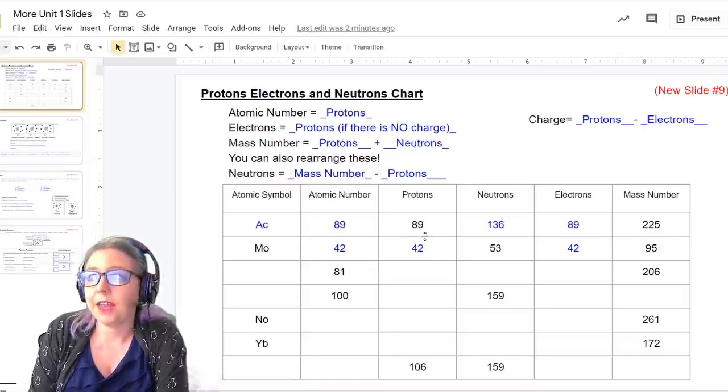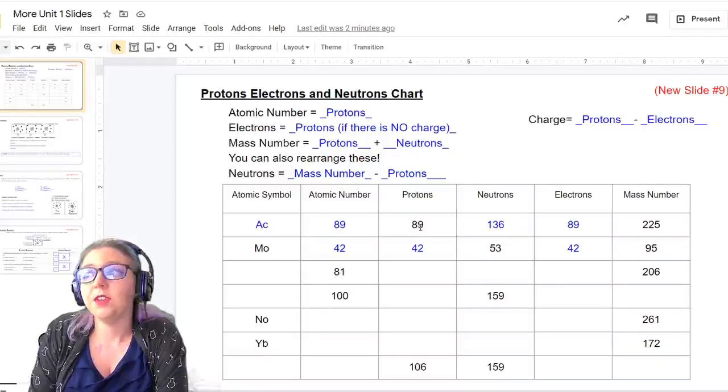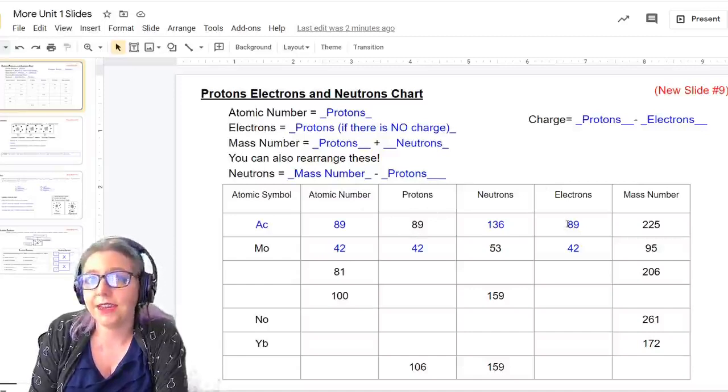Well, if I know I've got 89 protons, then I know that the atomic number is also 89. If I have 89 protons and there's no charge column, then I know that my electrons are also 89. To find my neutrons, I take my mass number, 225, I subtract my protons, 89, and I'm left with 136